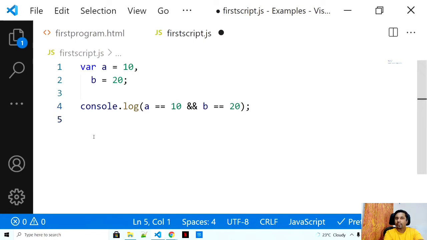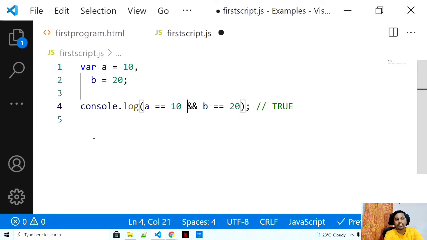Going back to our previous AND example, if A equal to 10 and B equal to 20, AND will return true if both the conditions are true. OR will do exactly the opposite. If any one condition is true, then it will return true.